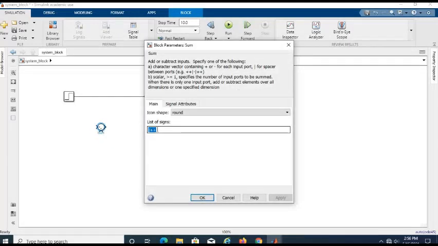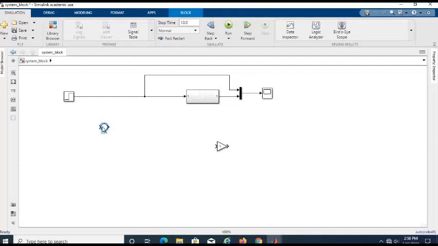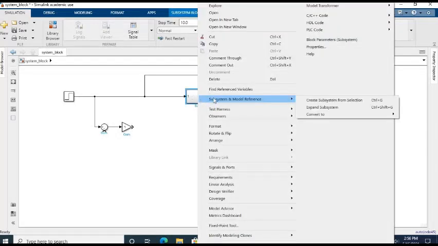Our system has negative feedback, change it. Okay, there is input, and there is the proportional gain. Okay, we copy our system.